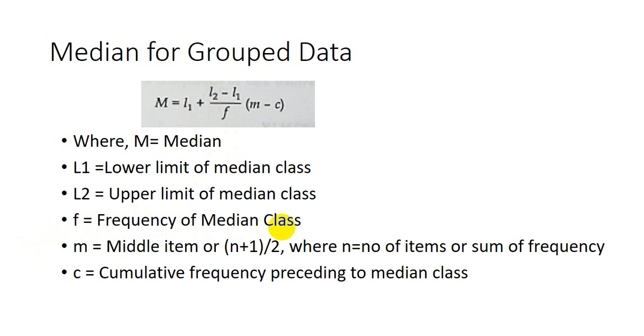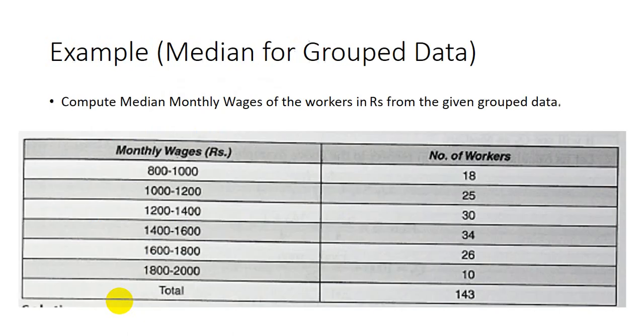Then there is M minus C here. M represents the middle item, (n plus 1) divided by 2, where n equals the number of items or sum of frequencies. C represents the cumulative frequency preceding the median class. Students, इसमें अब आप समझ लें कि आपको जब भी मीडियन कैलकुलेट करना हो तो ये 5 इंफॉर्मेशन आपको चाहिए होती हैं किसी भी ग्रुप डेटा में। तो लेट अस सी के ये 5 इंफॉर्मेशन किस तरह हम हासिल कर सकते हैं।